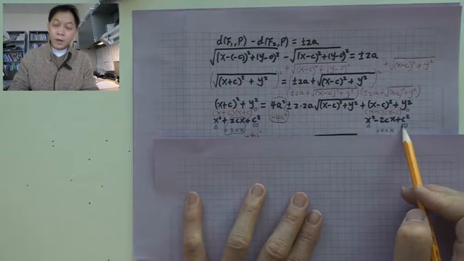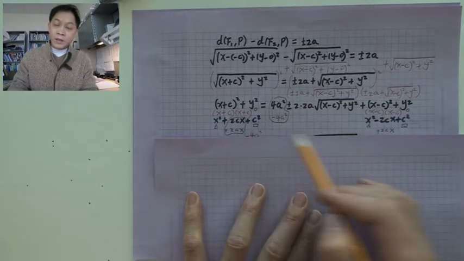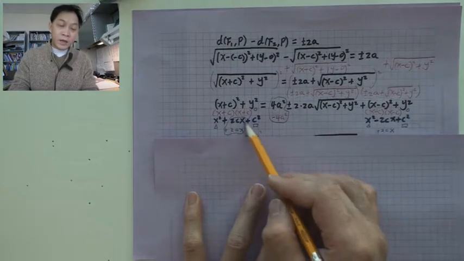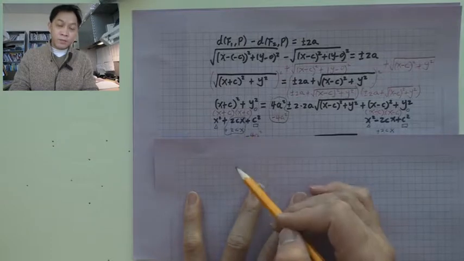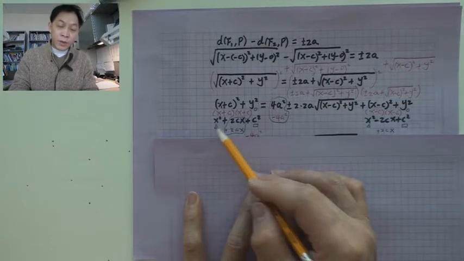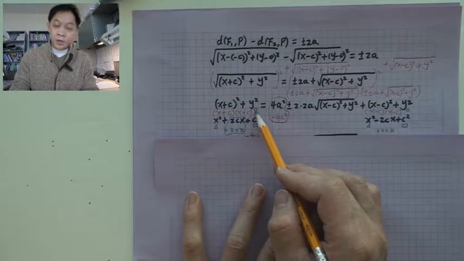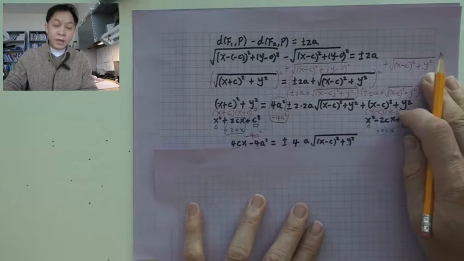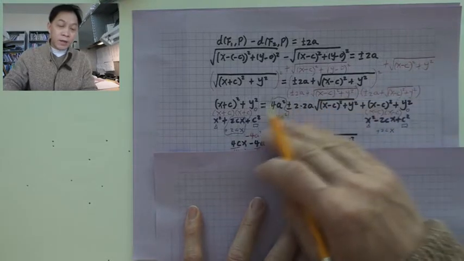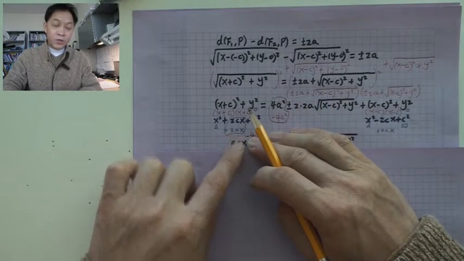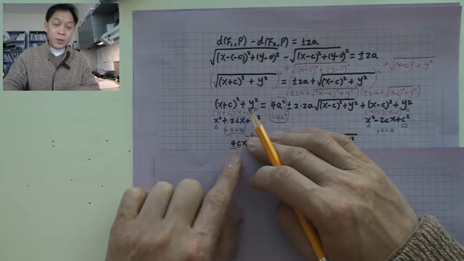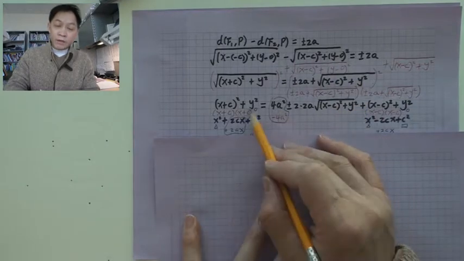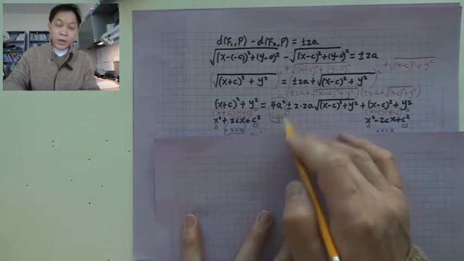Okay. Now, if we add 2cx on both sides, these two will cancel each other. Then the left hand side will have a 4cx. The rest of the terms, x squared, c squared, and y squared, disappeared because they cancel each other. So on the left hand side, we basically have a 4cx. And there is one more thing I like to do: I like to take this one on the left. So both sides subtract